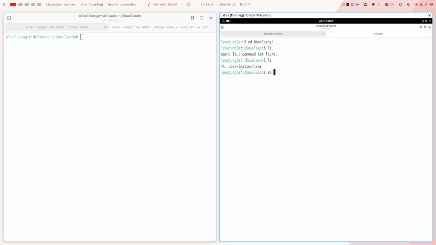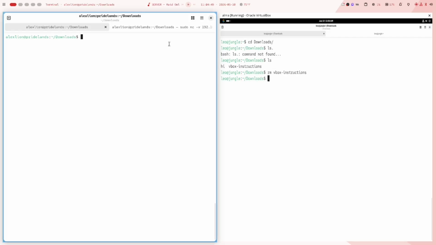And so we will remove VBox instructions from my downloads, and in this case, what we want to do is we want to first of all cat out the file, VBox instructions in here, and then we pipe that into nc -v -l -p